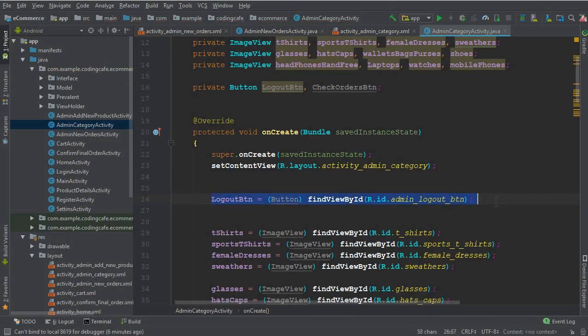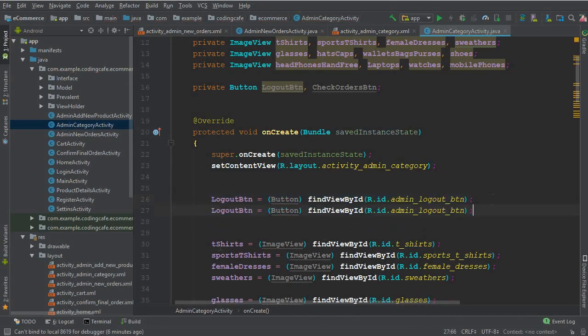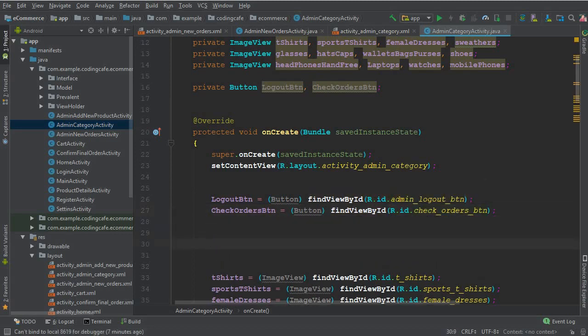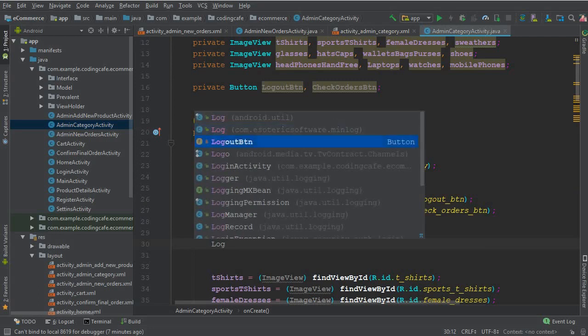Let's copy paste it quickly, and it is the check order state, check order button. Now what we need to do is that whenever the user clicks on the logout button,